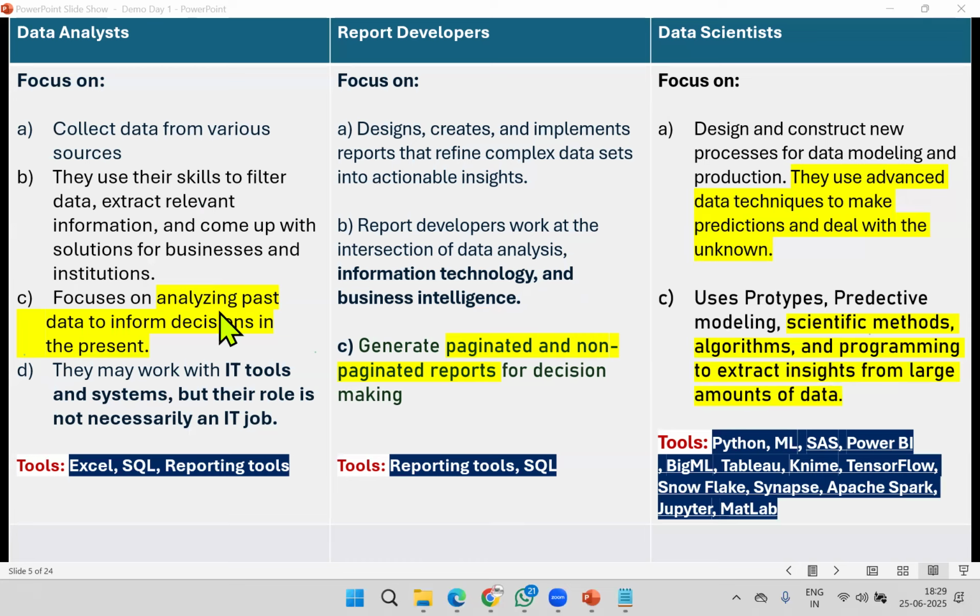At data analysis level we use them, but at report development level only up to some level, not fully. But here, more. That's the reason many tools and many combinations are used. And one more thing, at data science level we deal with more volumes of data as well. And everywhere reporting is mandatory. So if you learn the single tool Power BI, you can try all the positions.